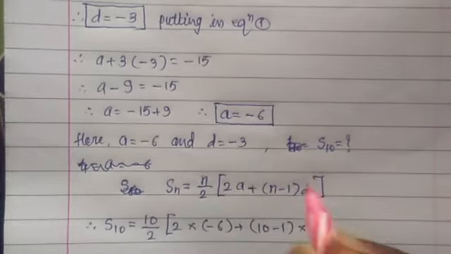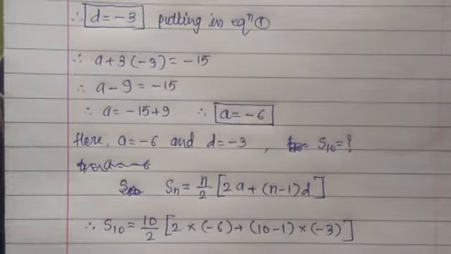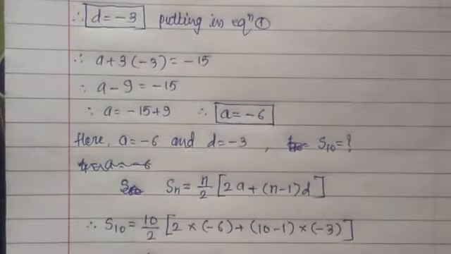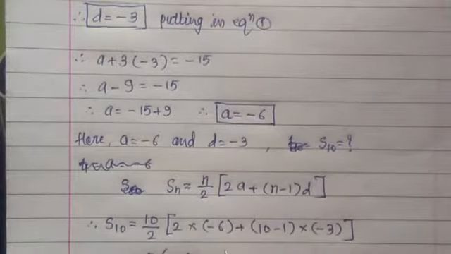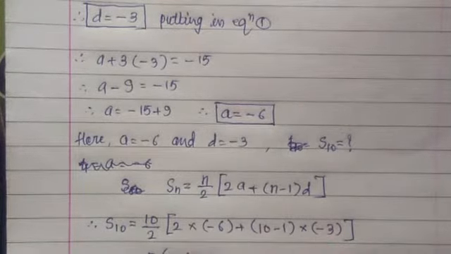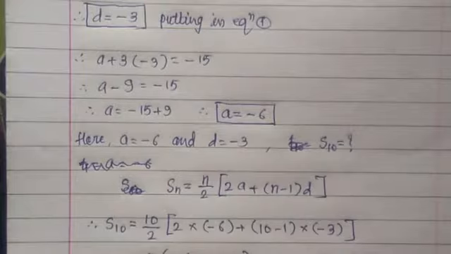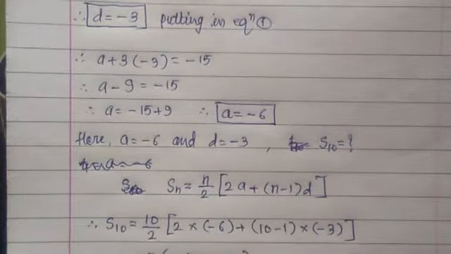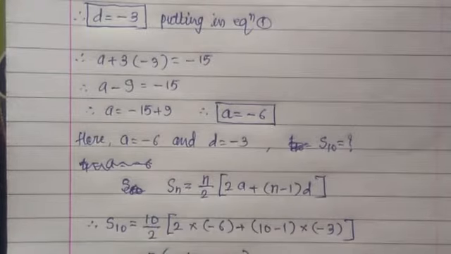D means here minus 3, bracket complete, which is equal to 10 by 2 means 5 into bracket, here 2 into minus 6 means minus 12, then here plus 10 minus 1 means 9, then into minus 3 means minus 27, which is equal to 5 into minus 12 then minus 27 means minus 39,